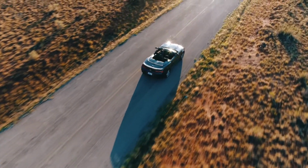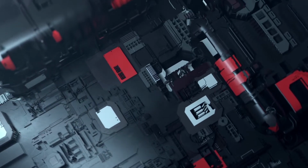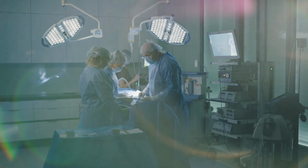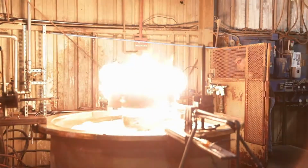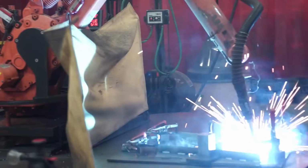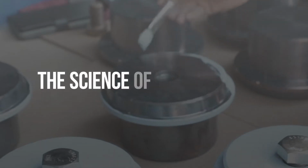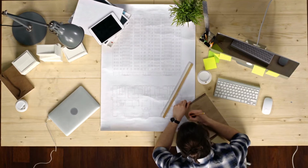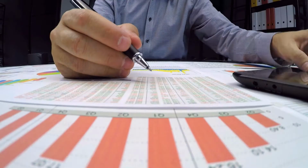Heat treating powers transportation in cars, trucks, buses, and semis to keep them working. Heat treating powers the computer's electronics to connect to the internet. Heat treating strengthens the medical devices that give freedom to those that need medical assistance. You see, where there is metal, there is heat treating to improve a metal's strength, hardness, toughness, ductility, and corrosion resistance. The exciting thing about heat treating is it involves all sciences, including engineering, physics, chemistry, mathematics, material properties, just